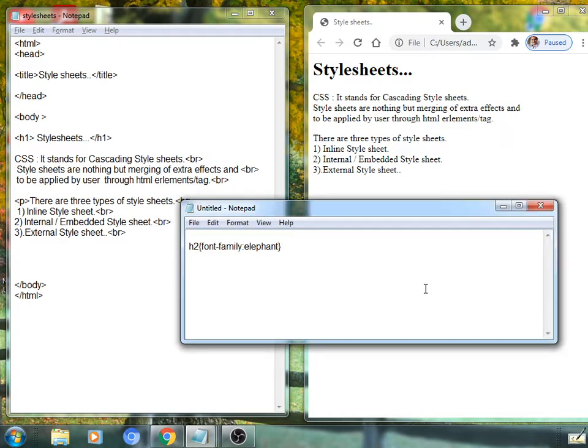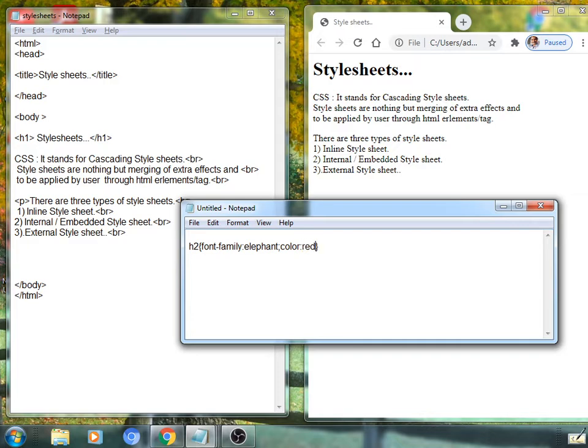Suppose you want to apply another property, it is possible again. Next property, if you want to apply a color for such text, apply the color property, color colon, and the value for this color property will be any color name.